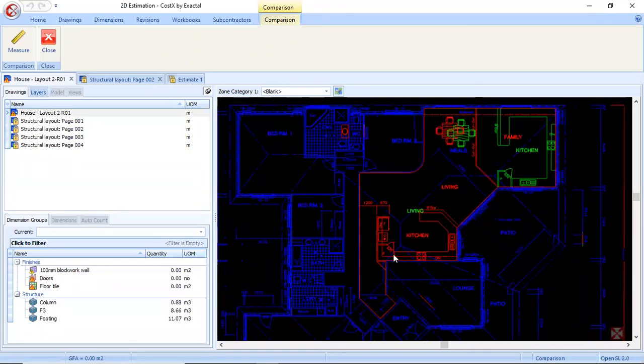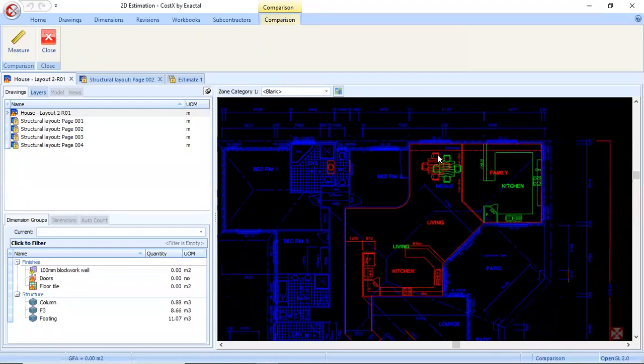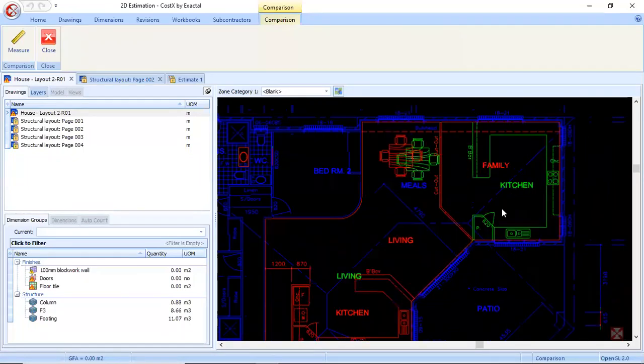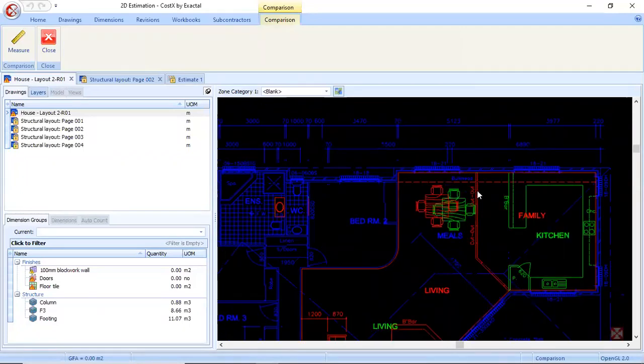Say in the older drawing we had the kitchen in this area and now it has been deleted in the newer drawing. The same way the dining table was in this portion, it has been deleted in the newer drawing. And wherever we see the green color elements or green color line, it indicates these elements are newly added in the updated drawing.